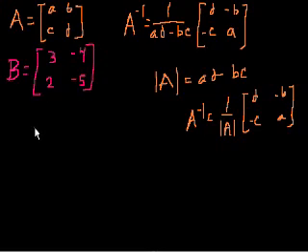Let's calculate B inverse. So B inverse is going to be equal to 1 over the determinant of B. Well, what's the determinant? It's 3 times minus 5 minus 2 times minus 4. So 3 times minus 5 is minus 15. Minus 2 times minus 4. So 2 times minus 4 is minus 8, but we're going to subtract that, so it's plus 8. And we're going to multiply that times